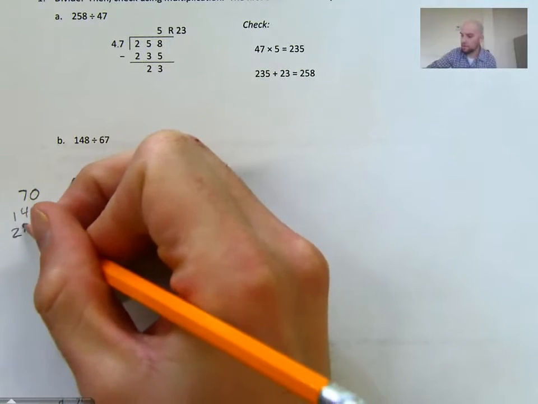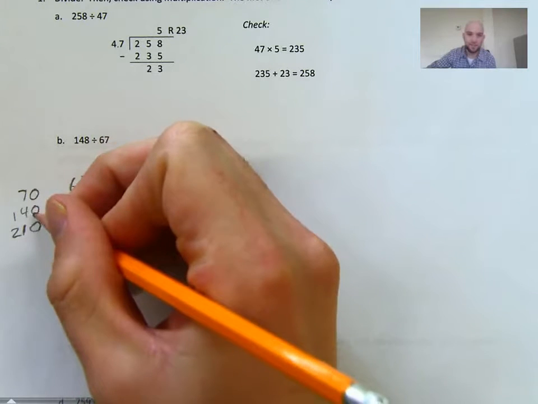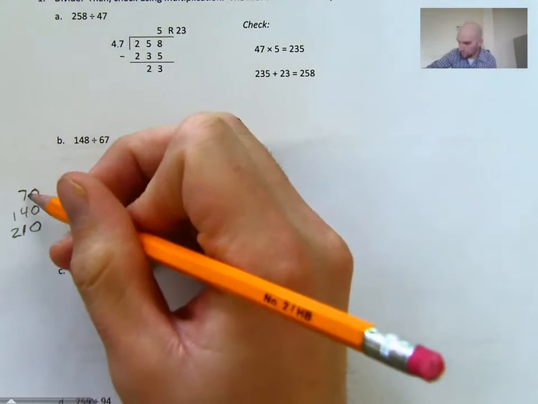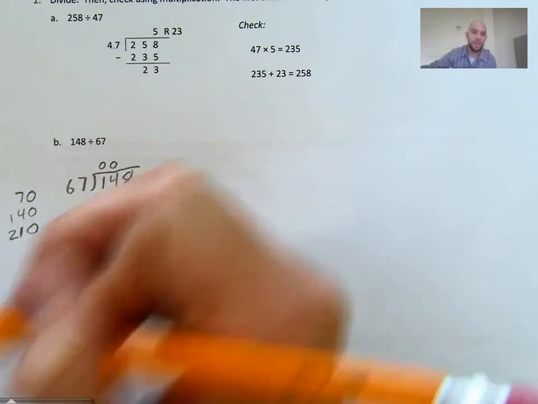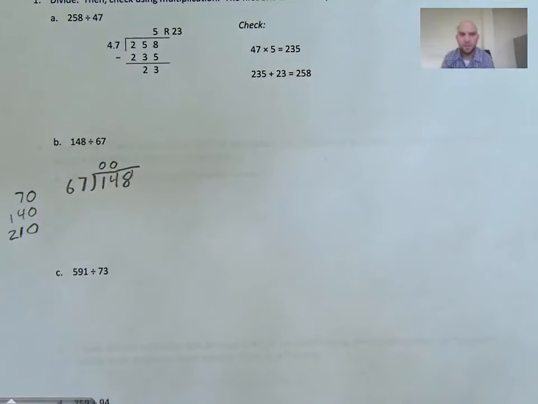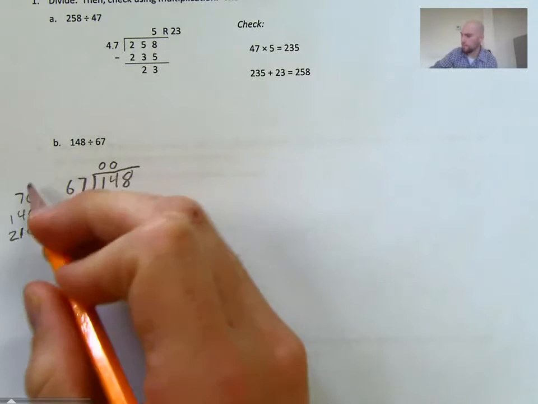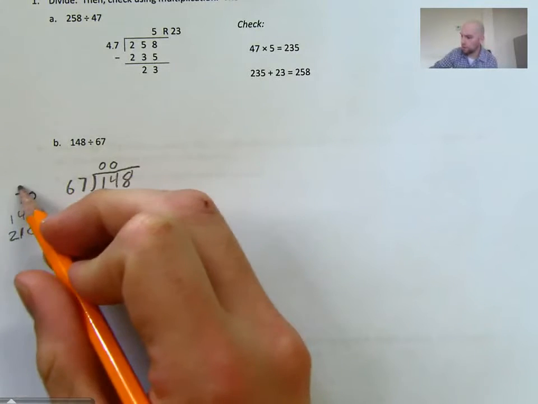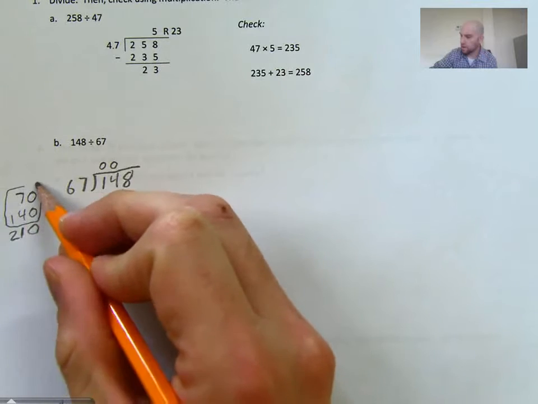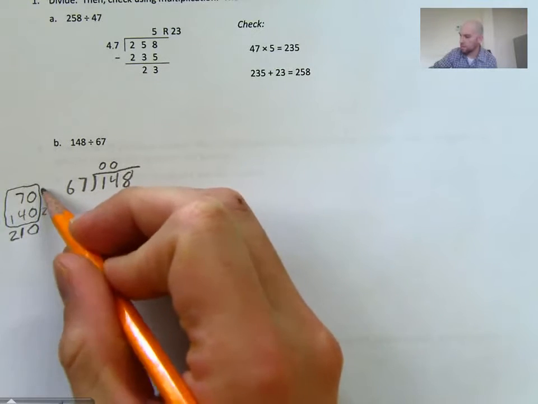I know that because I can look at it as 7 tens, 14 tens, 21 tens. I'm just skip counting by sevens. And then I'm adding that 0 onto the end because I'm multiplying by 10. So I have 70, 140. Well, 210 looks like it's going to be a bit too much. So I think I'm going to stop right here. And that's going to be